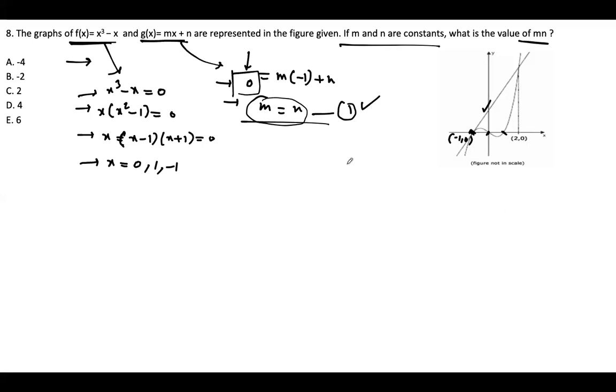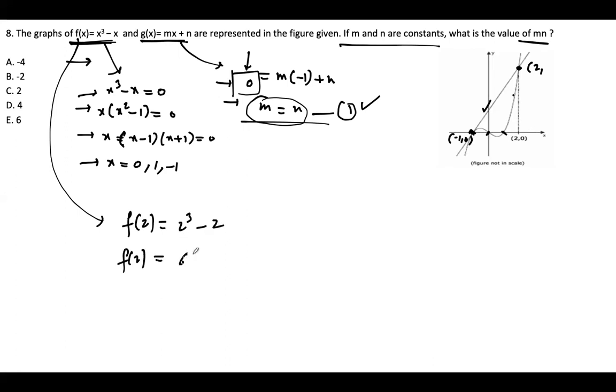How can I make the other equation? Let's say the line between m and n passes through another point, 2 comma a. This line also passes through 2 comma something, as this curve also passes through 2 comma something. So can I put f of 2 is equal to 2 cube minus 2, which is